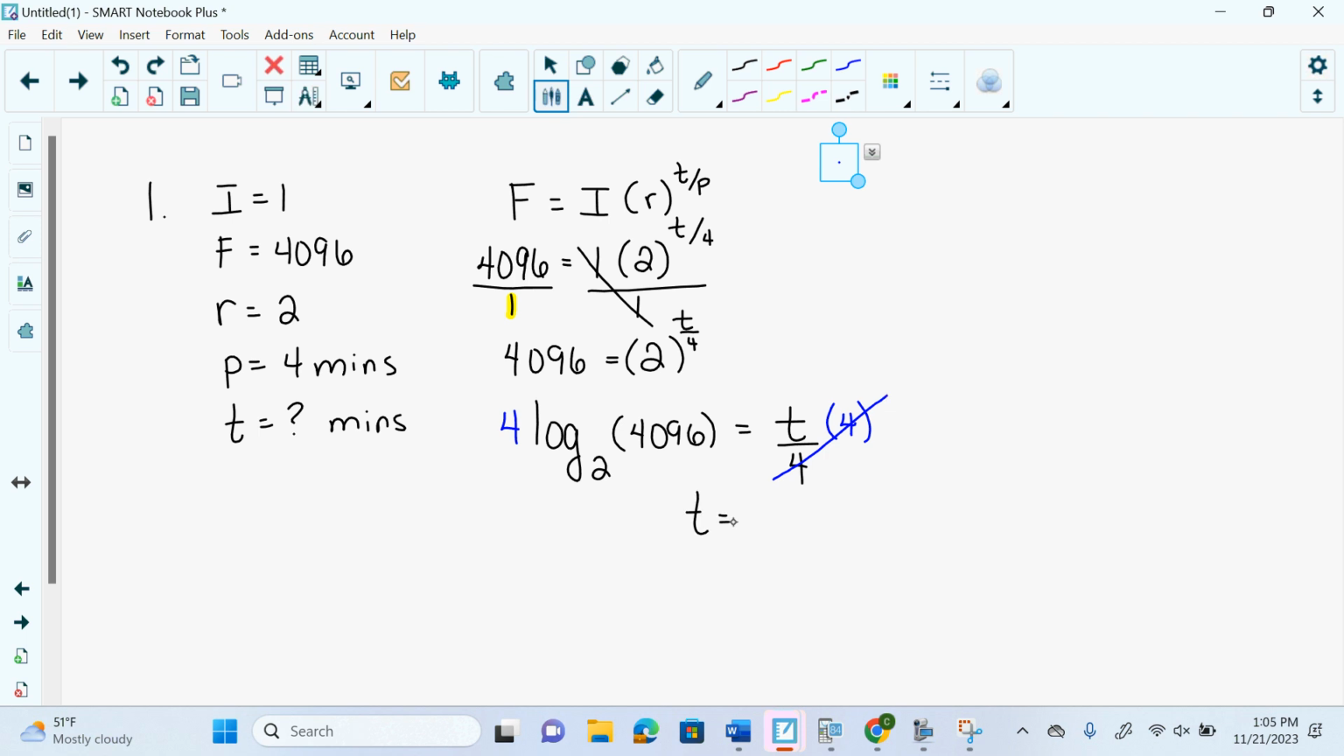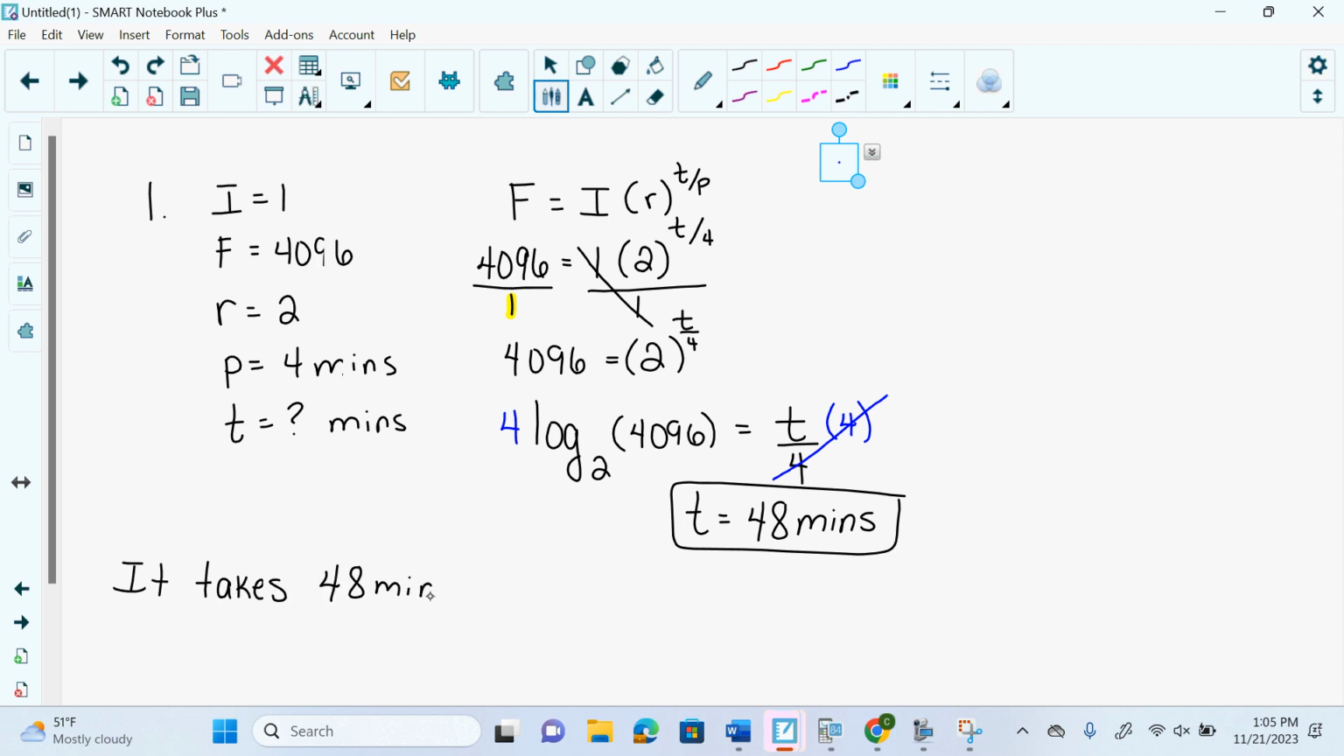So I get T equals 48 somethings. What's the somethings? What's the units? It has to be minutes because P was in minutes, correct? So it says how long does it take for the cells to divide to produce 4096 cells? It takes 48 minutes for the cells to divide